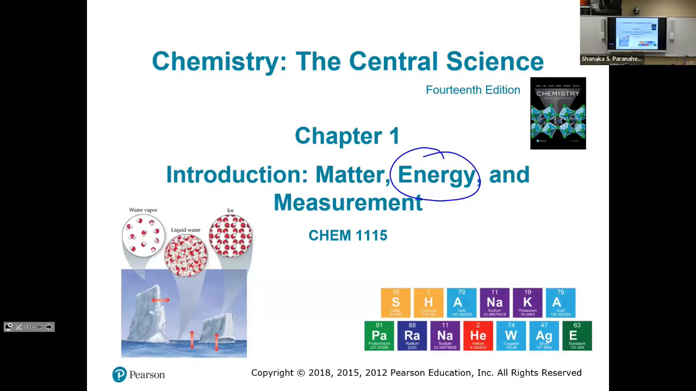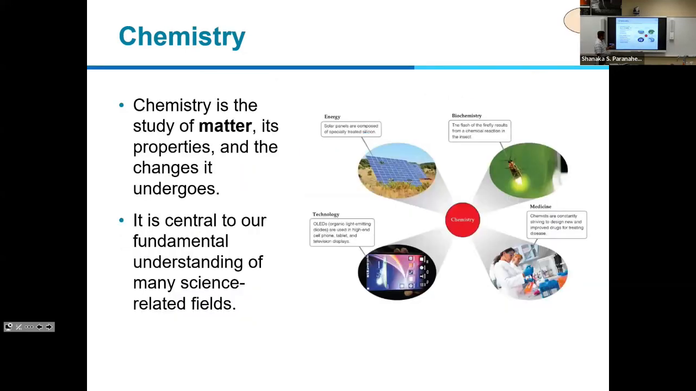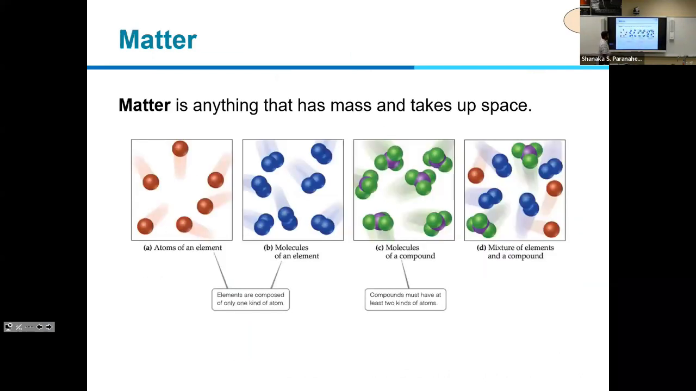Okay, so the first part of this chapter is about matter, and you should be able to understand what matter is and how you identify it. So let me give you the definition of matter and why it is important, because we are going to study matter, or different types of substances, in this class. That's why it's important. And matter is anything that has mass and also a volume,